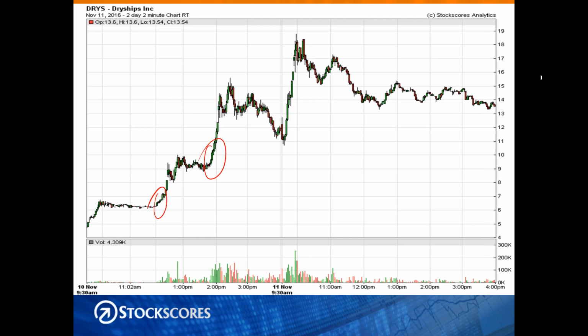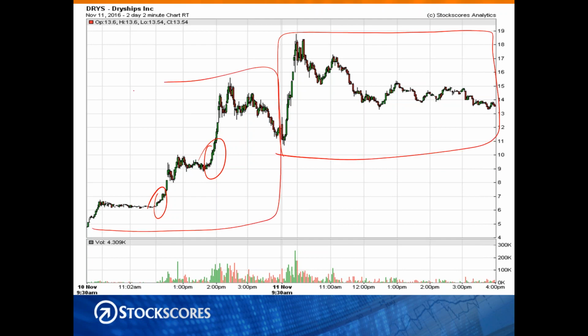Now that is a daily chart. It represents what has happened, in this case, over the last 2 trading days, or the current 2 trading days. So this would be the last trading day, and this would be the previous day. There's a big line down the middle there. You can see the dates. These are old charts, but they serve the purpose.